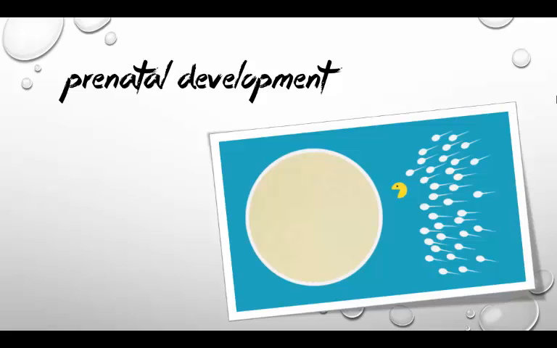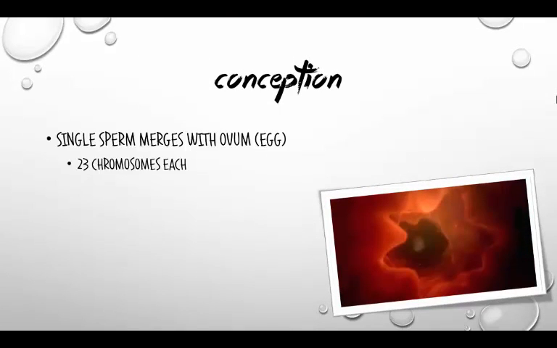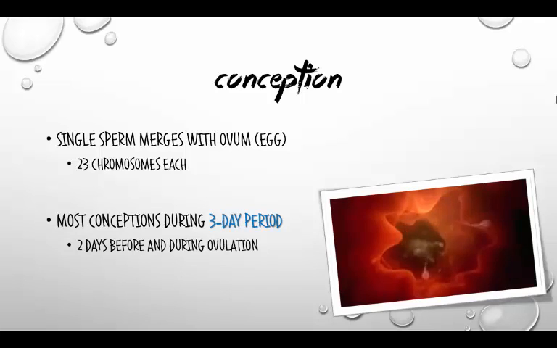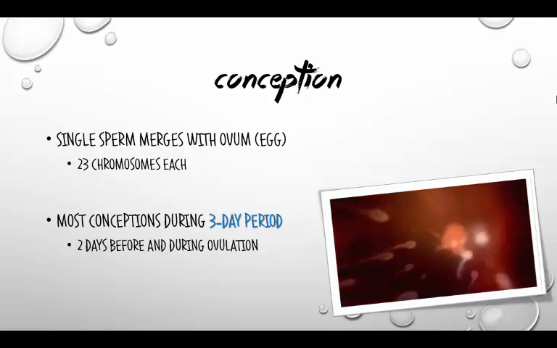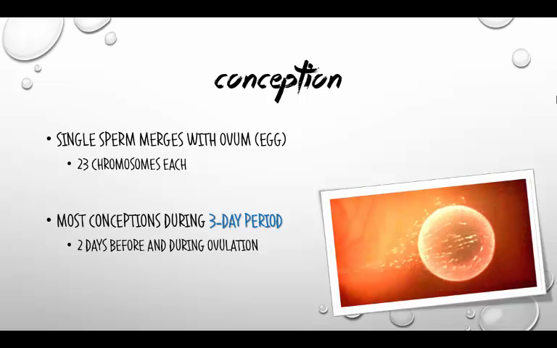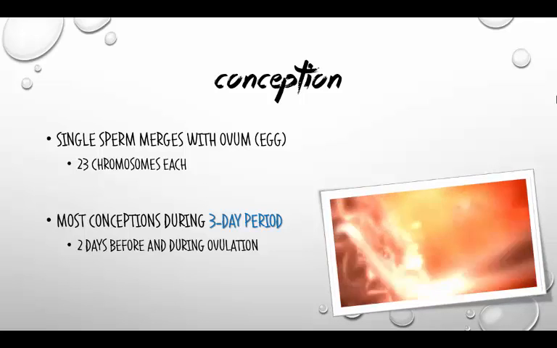We're going to return to the topic of prenatal development. Before we can talk about a child growing up, developing, changing, we have to first create said child. Now, most of you are familiar with the reproductive process. Men possess sperm and females possess ovum, euphemistically called eggs, which each contain 23 chromosomes, not 23 pairs. And once we merge those sperm with ovum, we have the possibility of creating life. As we'll see in a little bit, there's some special things that have to happen beyond that process.